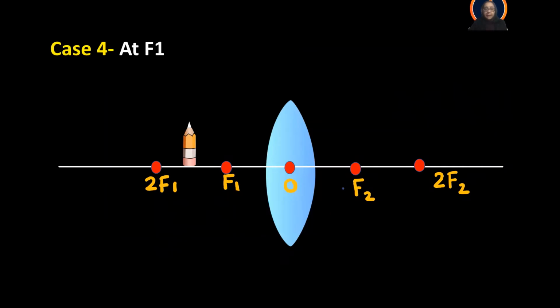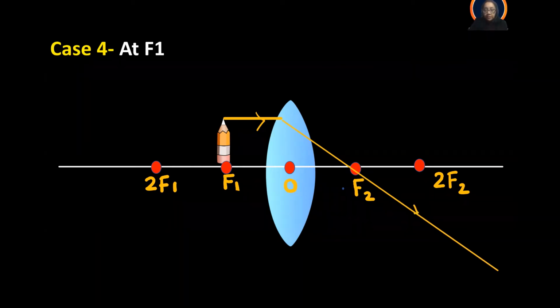Let's further drag the object towards the lens. Let's move it to f1, the first focus. So now the incident ray is traveling and refracting through f2. And the second ray also we have considered, which doesn't get deviated, which passes through the optical center. And do you notice a particular thing here in these particular rays? I'm sure that some of you are able to guess it correctly.